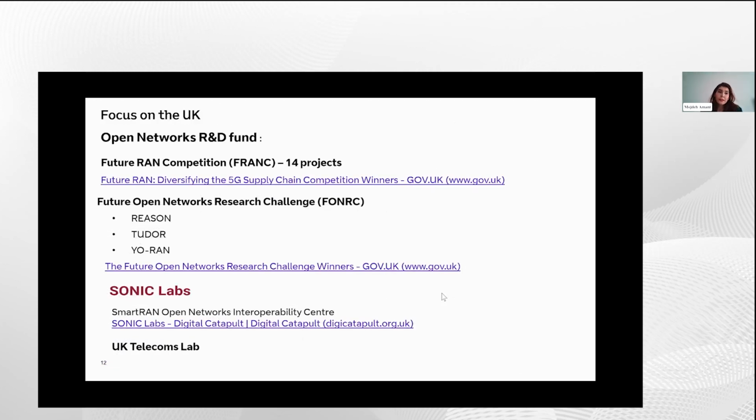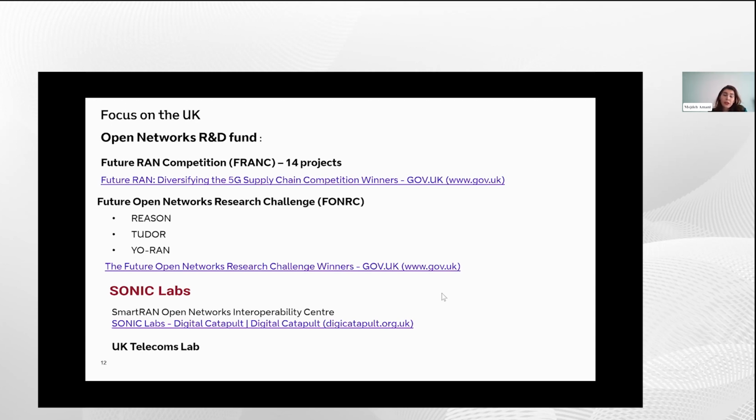Focus on the UK. BT is very active in Open RAN research and R&D. As part of the Future RAN Competition project, there are 14 projects. We are not working on all of them, but we are participating in a few of them, and it's more focused on diversifying the 5G supply chains. So as you see, the government is pushing Open RAN, and it's very supportive of research and R&D, and constantly there are